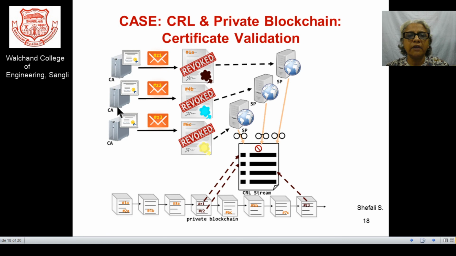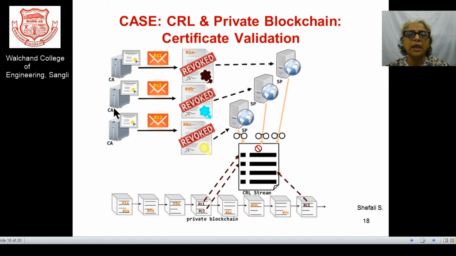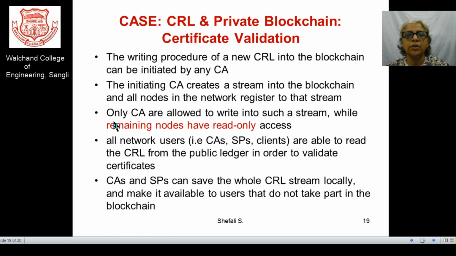Whenever we have certification authorities, some blockchains are there. Those blockchains, as we have considered, are private blockchains. The writing procedure of a new CRL into the blockchain can be initiated by any CA. Any CA has the authority.